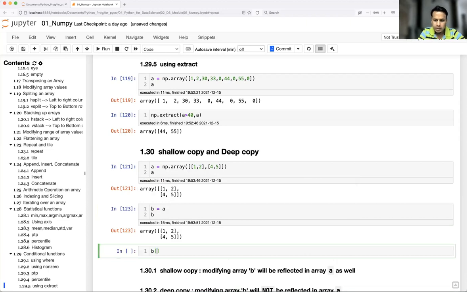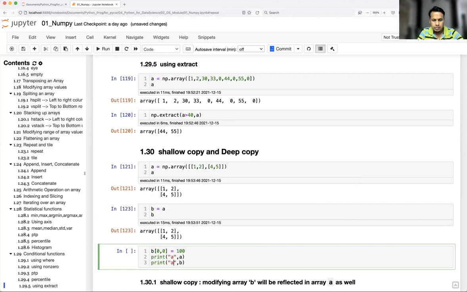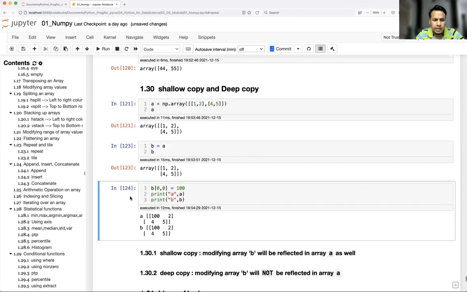Let's change some value. Let's say B 0th row, 0th column, I would like to make this 100. Okay, and print A, print B. Let's see what is happening. See here, you did modification only for B, but A is also getting reflected because it was copied.